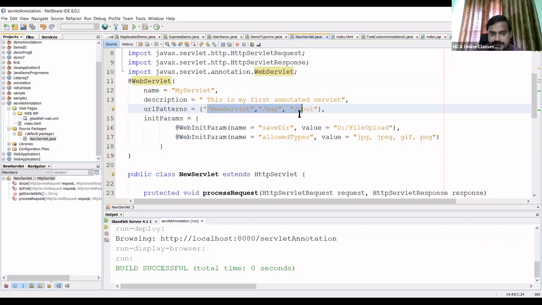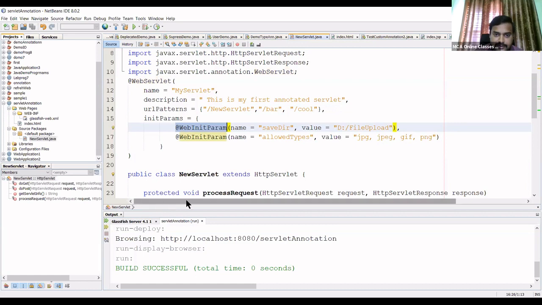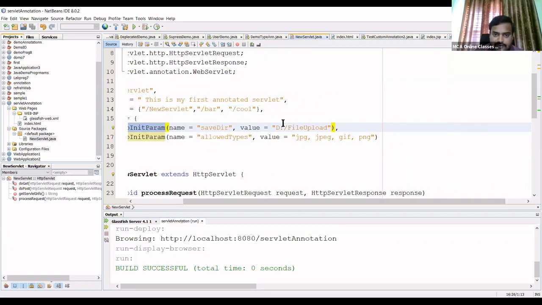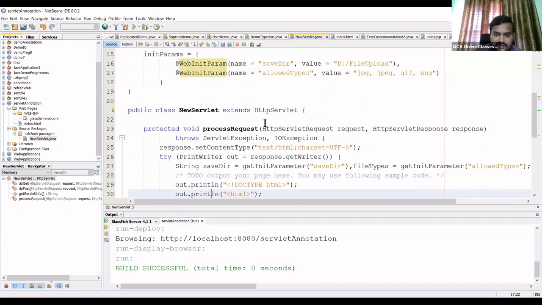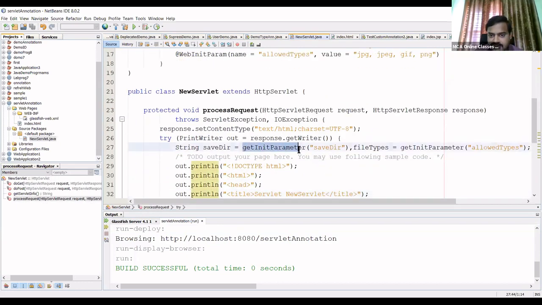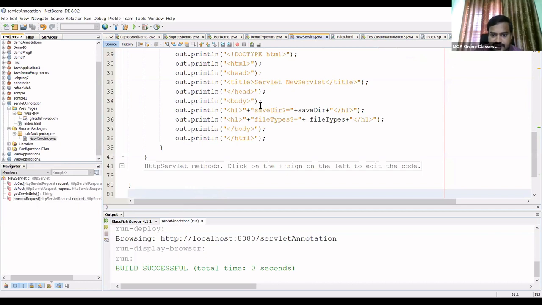Suppose you want to pass the initial parameters to the servlet, how can you pass them? By using @WebInitParam, the name and the value. How can you access it? You have to use getInitParameter to access this, and you can save it here. Then for printing, it is simple, just like how you print a variable, you can just print this.